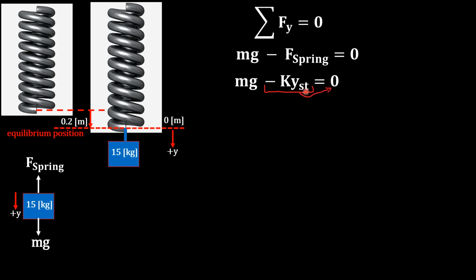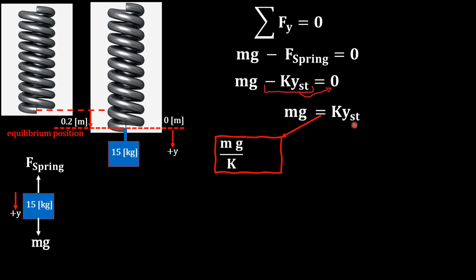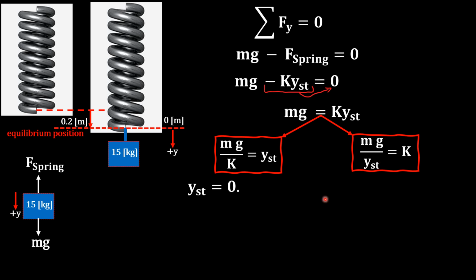So now we will move this to the other side of the equation. It will give us mass times gravity equals k times y stretch. So now we can get two equations in here. We can solve for y stretch, or we can solve for the k value. Now in here we will solve for the y stretch. So y stretch is 0.2 meter when we plug in the values of 15 kilogram times 9.81 divided by